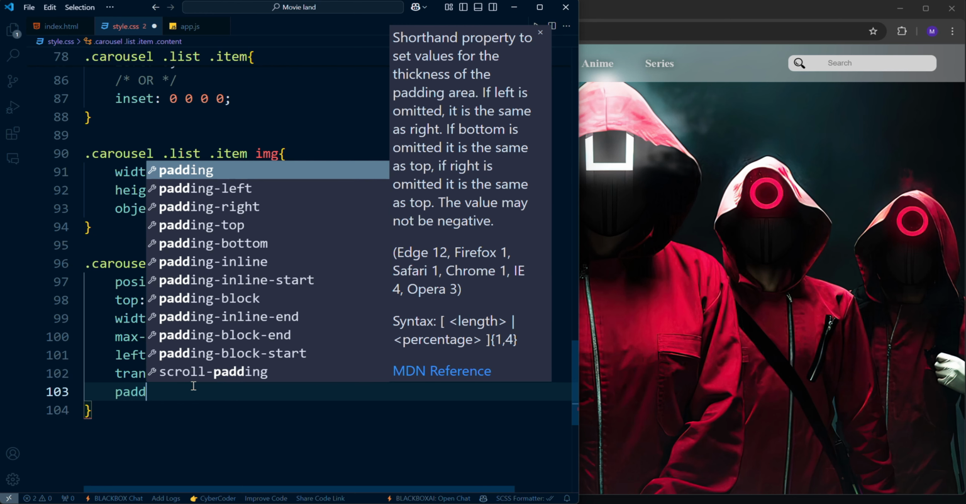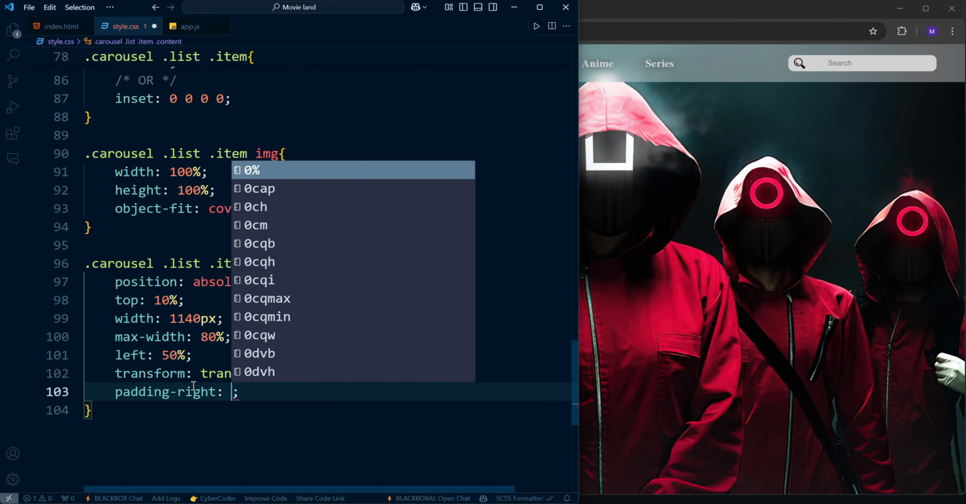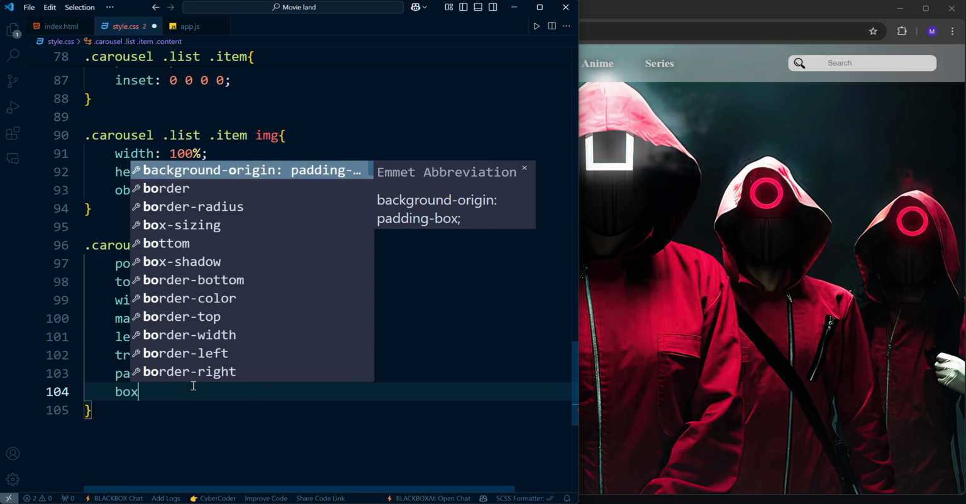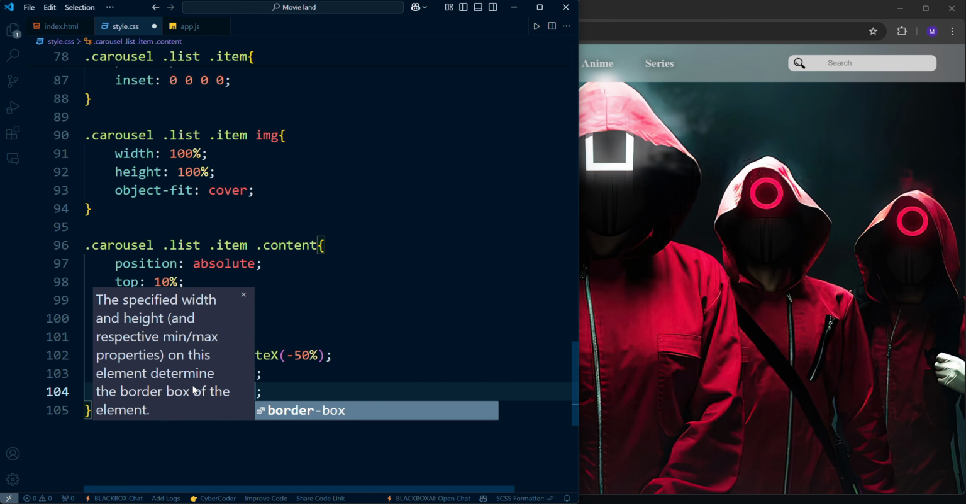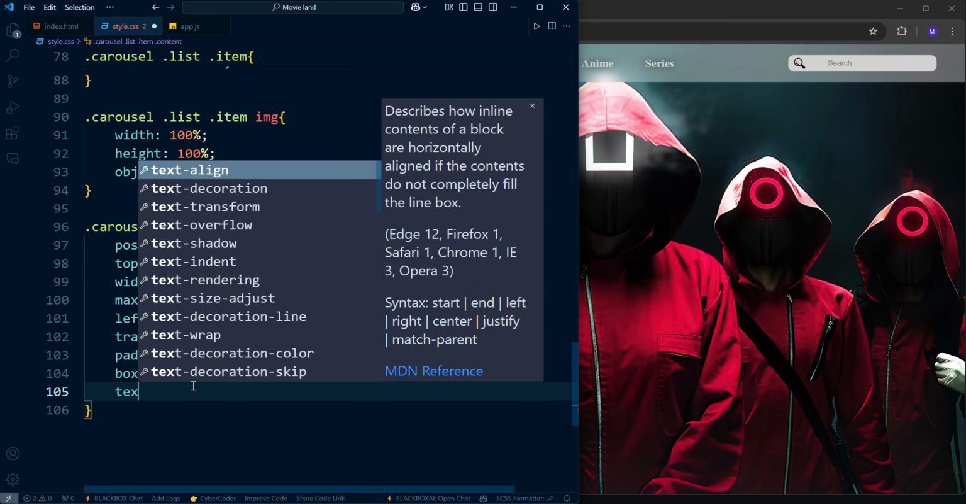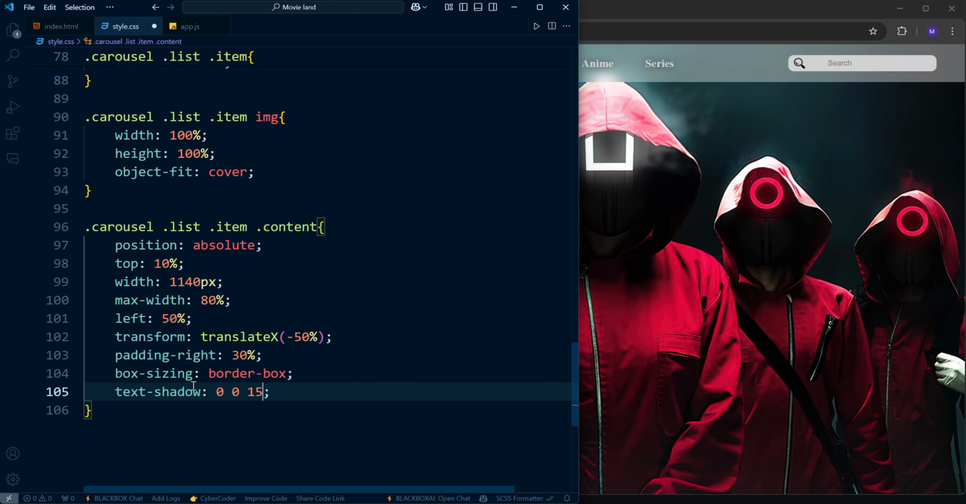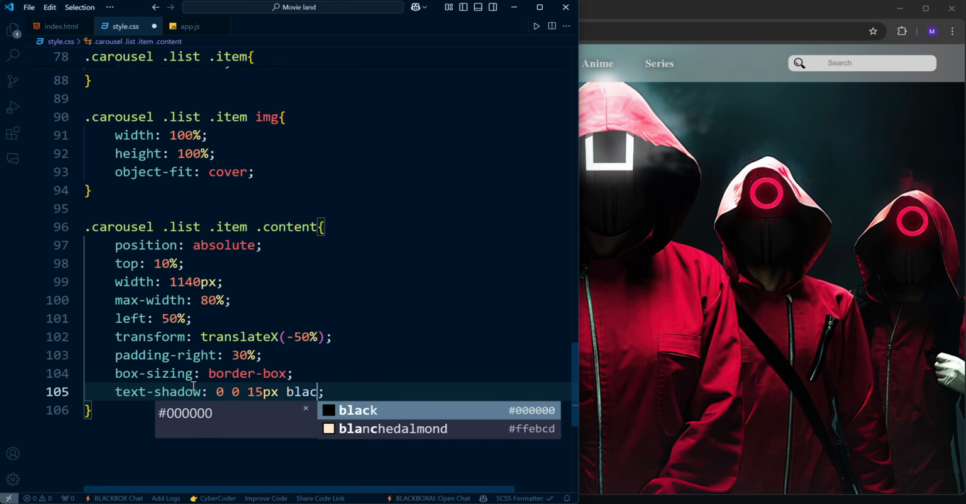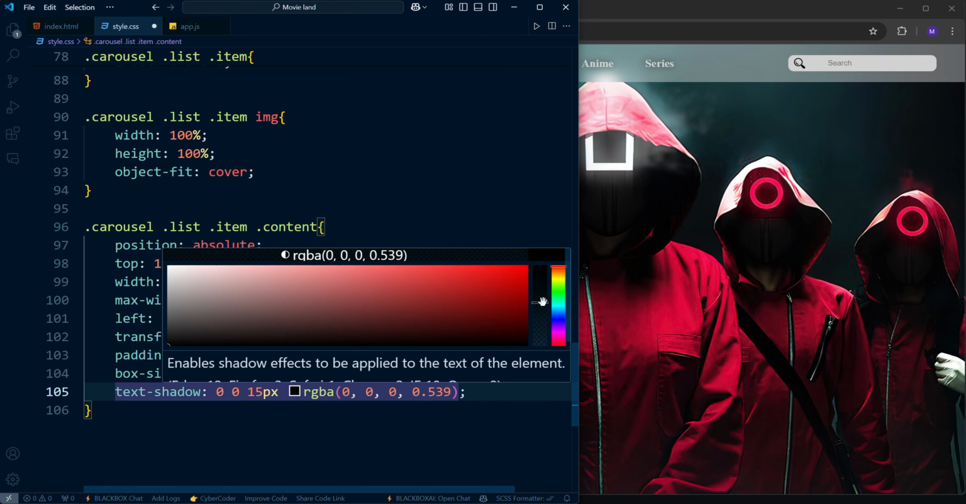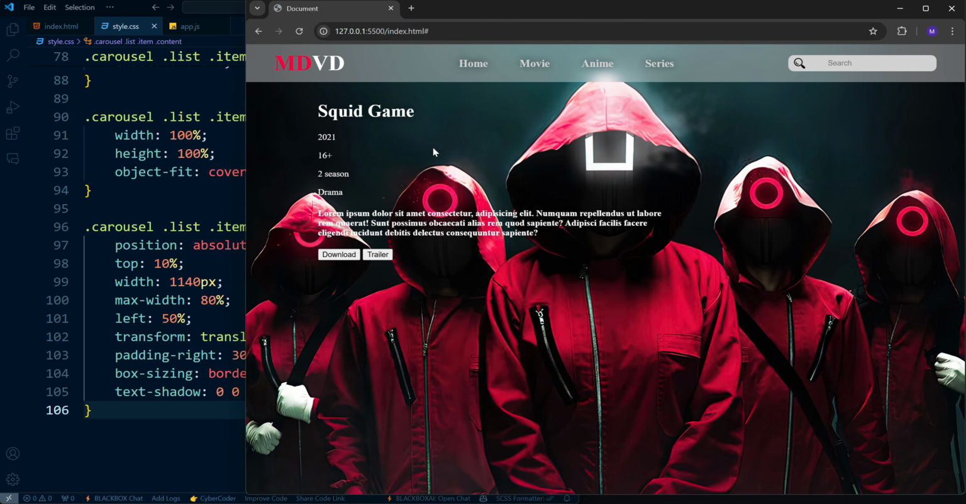Add padding right 30% to give the layout some breathing room. Use box sizing border box to ensure padding doesn't affect the content width. Finally, add a subtle text shadow to make the text stand out against the background. Now that we've styled the carousel container and its content, let's move on to styling the individual parts of the